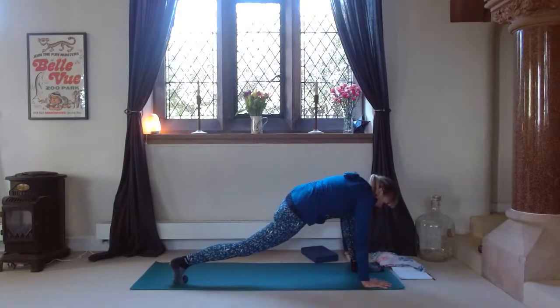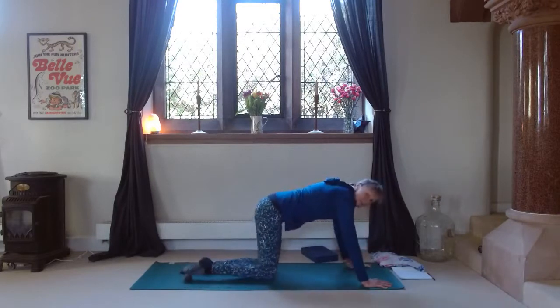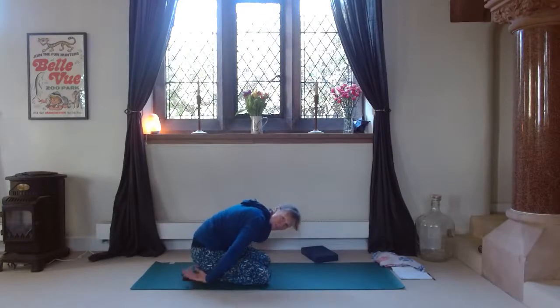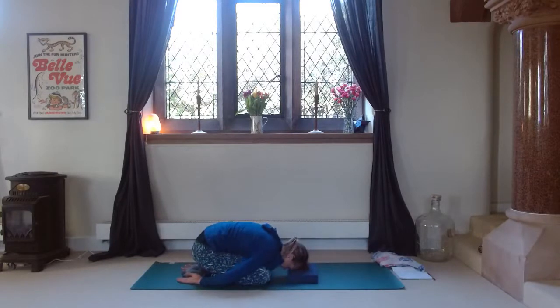Slowly lowering the left hand and right knee to the floor, and left knee back. Okay, just relaxing in child pose for a few breaths. This time the child pose, knees just slightly apart, and we're bringing the backs of the hands by the feet, and resting your forehead on a block or the mat. And then lifting up slowly,